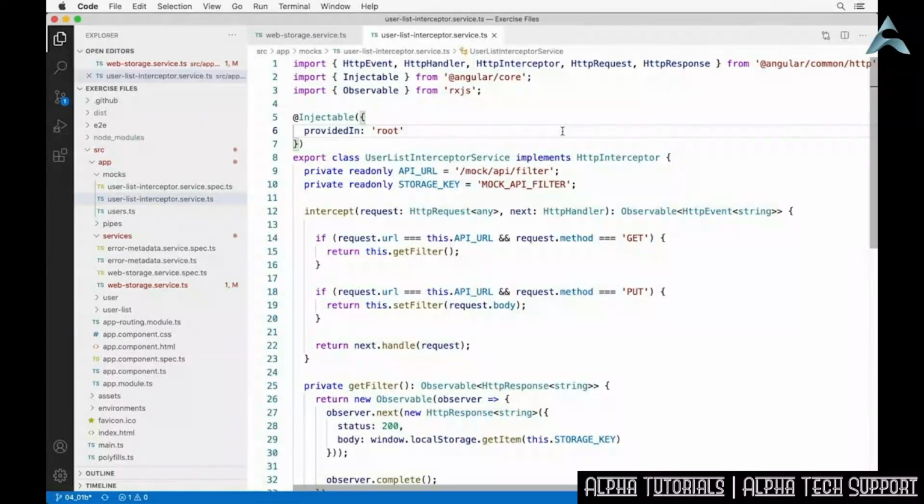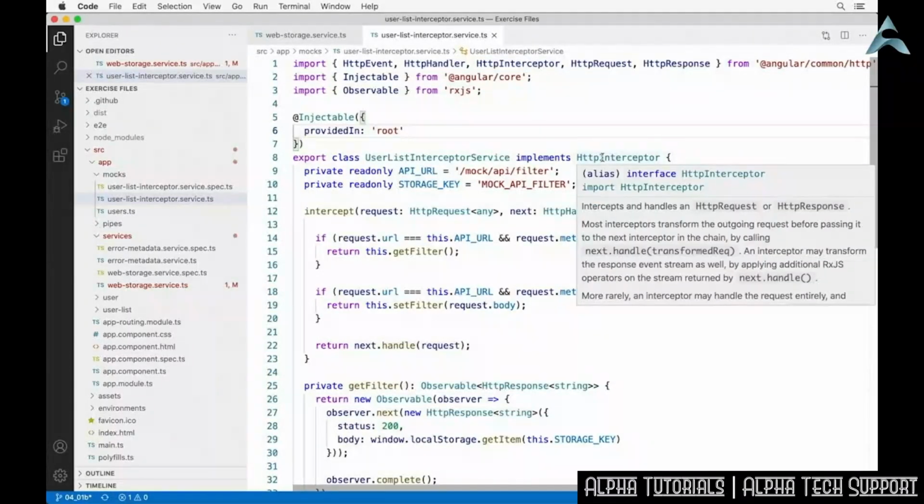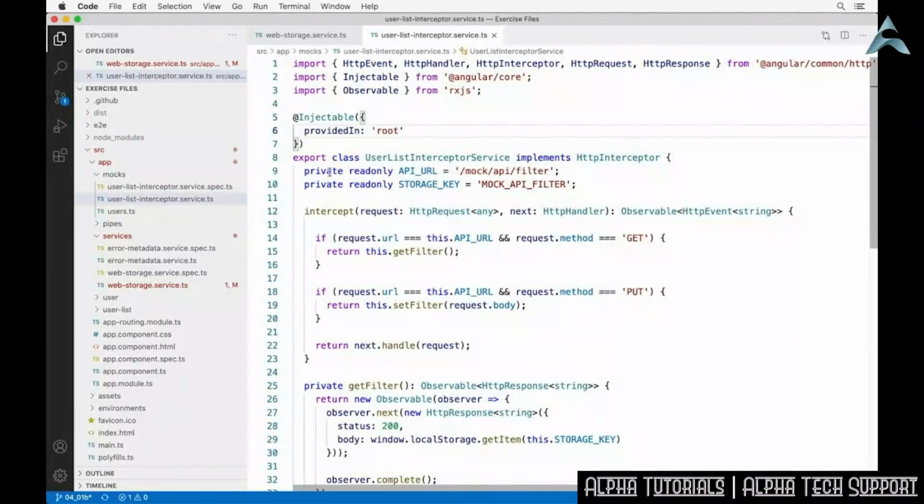We're using an HTTP interceptor here to mock calls to a remote server. Let me show you what it does. I implement Angular's HTTP interceptor here on line 8. I also have these two private properties. One is called API URL. This is the URL we pass into the GET request, the put method, anything like that in our other files. And then I have this storage key called mock API filter. This is the key we're going to use in local storage later on in this file to store the data,